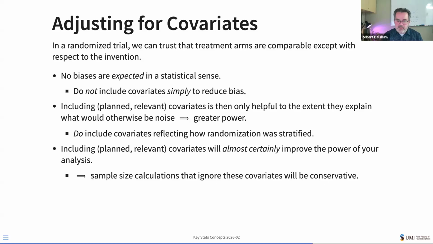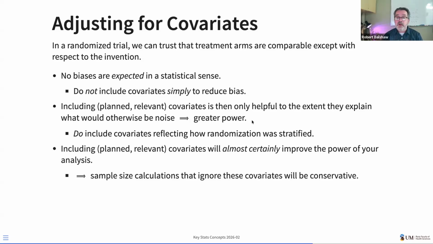So you can do your sample size calculation as though you anticipate doing only something as simple as a two-sample t-test, even though you plan on including age categories and sex as covariates in the model, because that's how you plan to do your randomization. If you do that, then your sample size that's established by the sort of grinding through the calculations for a simple t-test will almost certainly be conservative. You will almost certainly improve your power by having included the age and sex on which you did your randomization. Okay, sorry, on which you stratified your randomization.